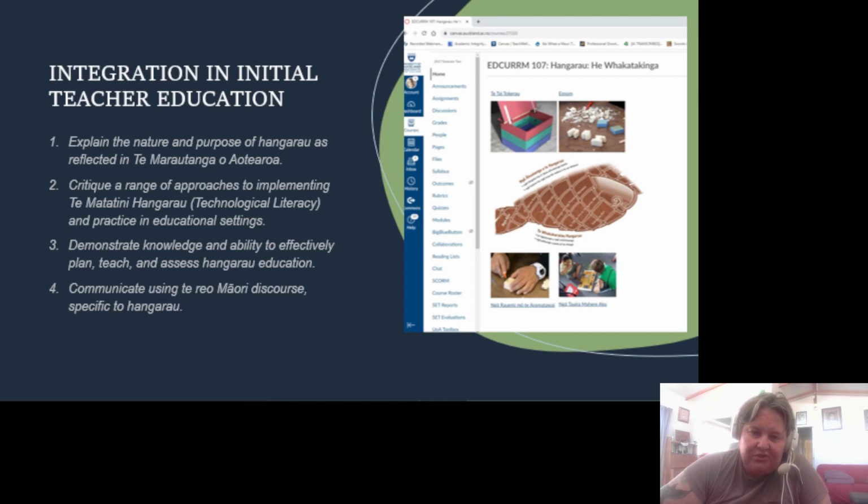The initial challenge that was laid before me was to coordinate the Hangarau paper. And here you can see on the screen there, the learning outcomes for the course. For any course, we like to be ambitious, but I really wanted to bring some of that notion of integrated planning,